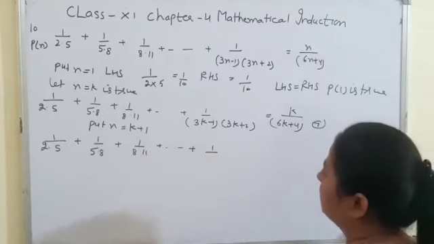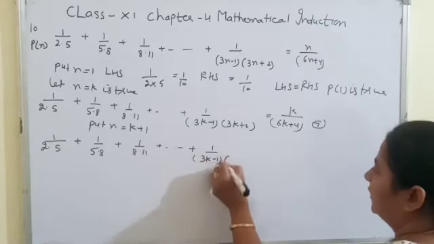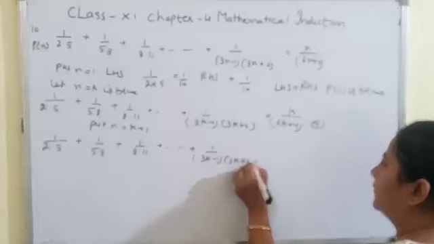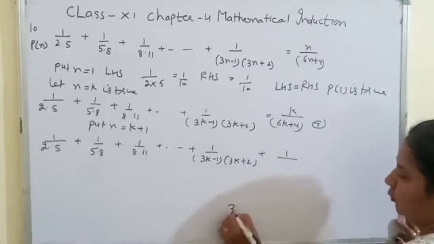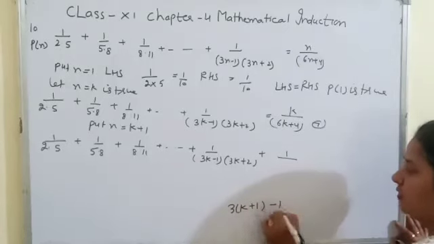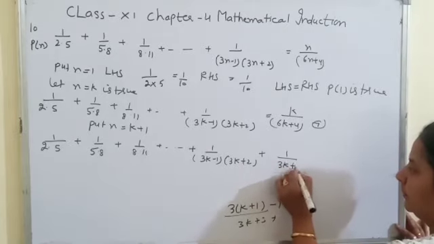We will write the second last step, that is the same. The last step is always the second last for k plus 1. Now it is 3k minus 1, so we have to write 3k plus 1. So when we will solve it, what we will get? 3k plus 3, 3k plus 2.